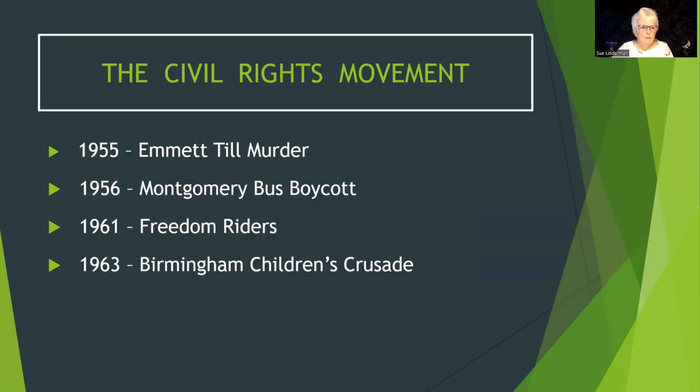A little known event is the Birmingham Children's Crusade. On May 2nd of 1963, more than 1,000 Black children peacefully protested racial segregation in Birmingham. They trained 1,000 young children in nonviolent protest tactics. And those children walked out of their classes that day, and they assembled at the 16th Street Baptist Church to